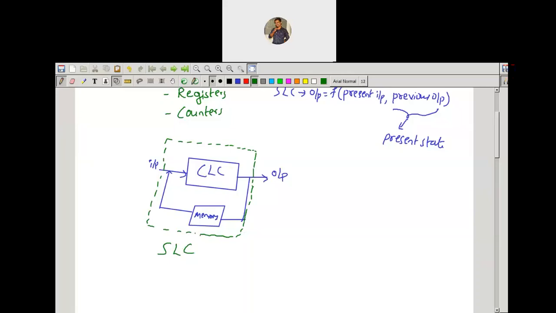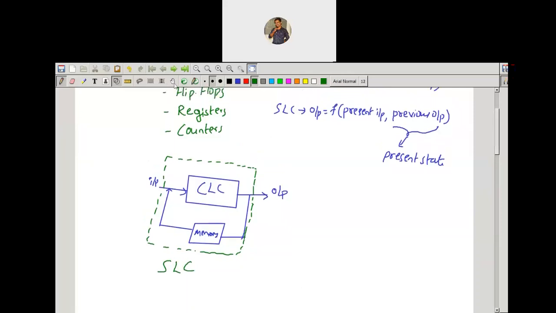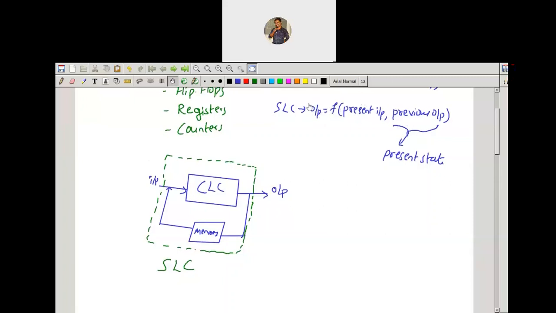Now here let me give the definition for the sequential logic circuit. I already told you that there is no need of a separate definition here. So in the sequential logic circuit, the output depends on the present input as well as the present state. That is the formal definition for the sequential logic circuit. In the examination, if you're asked for 2 marks or 3 marks, you can give this definition. Don't write it in this mathematical form; you can write it in words, in sentence form.